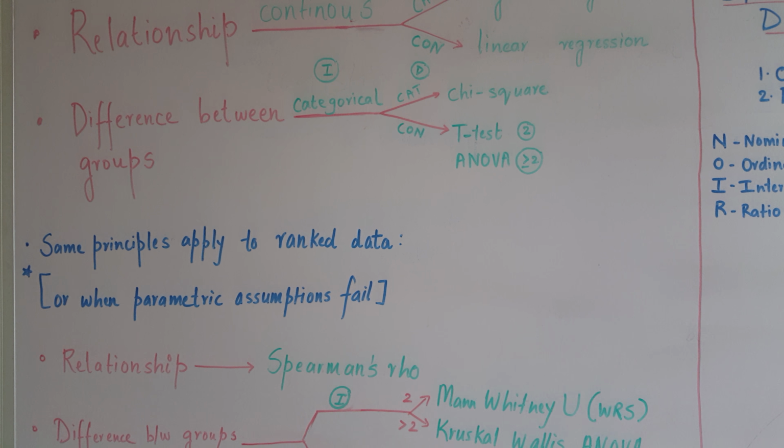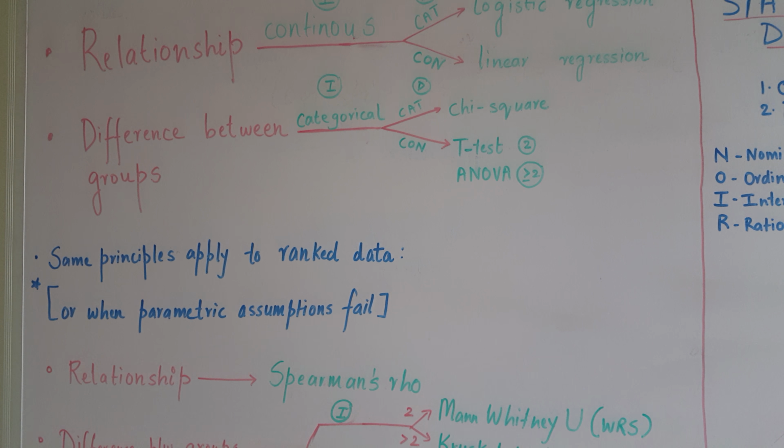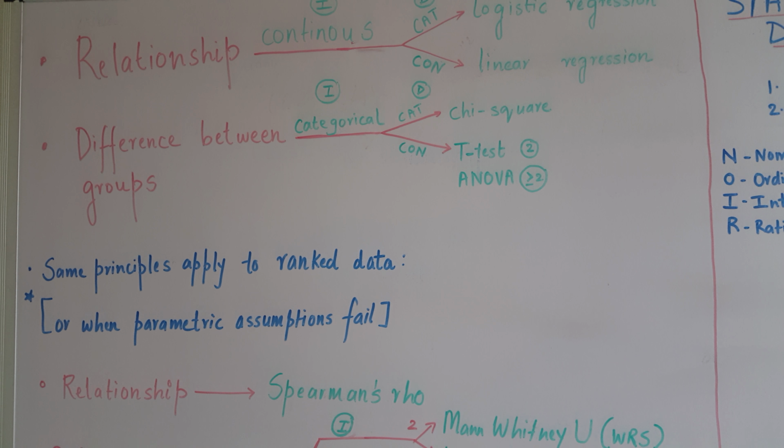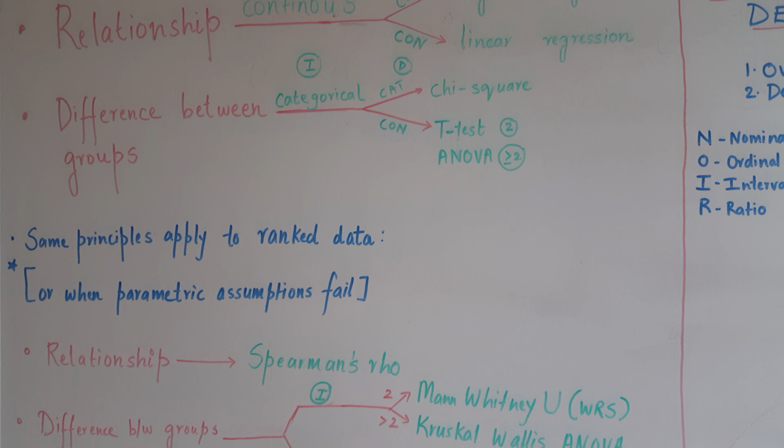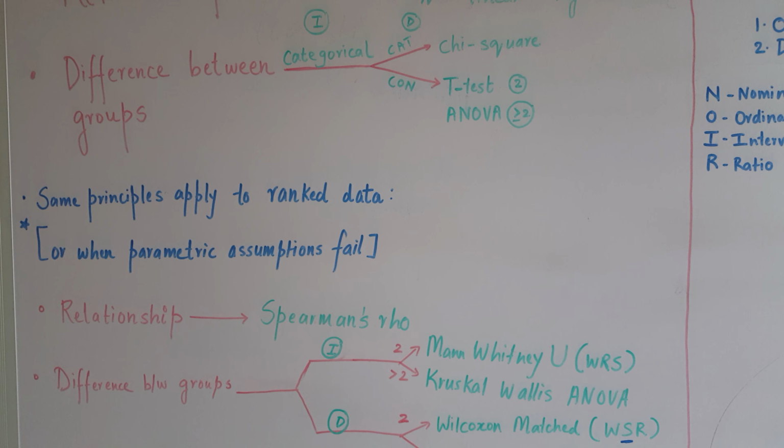Now the thing about ANOVA is that it tells you whether there is a significant difference between the groups, but it does not tell you which groups are significantly different, and that is why you conduct